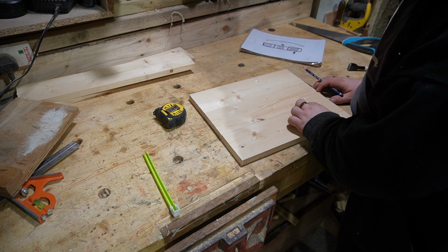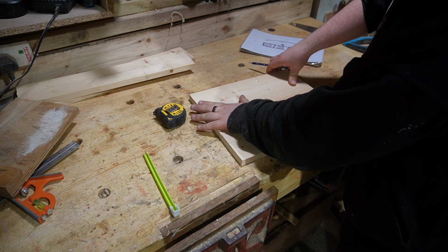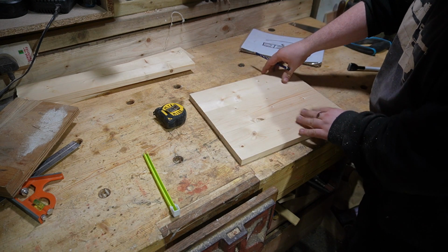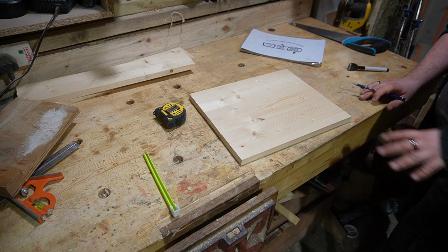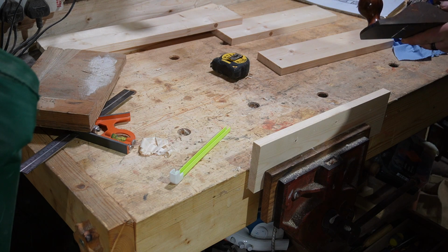Take the smallest amount you can. It's very easy to go wrong very quickly with a plane. And we have all of these 3 tight. We'll clamp them up and let it dry. So to explain that a little bit better, when you're jointing, you want to make sure